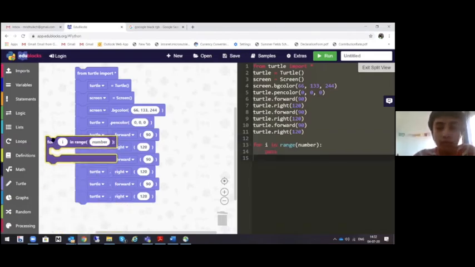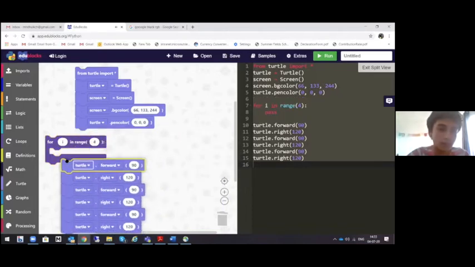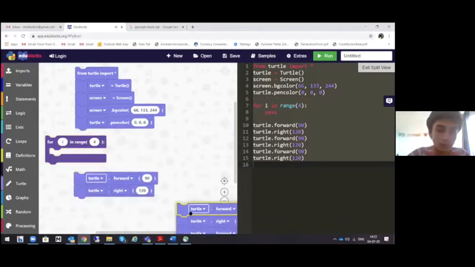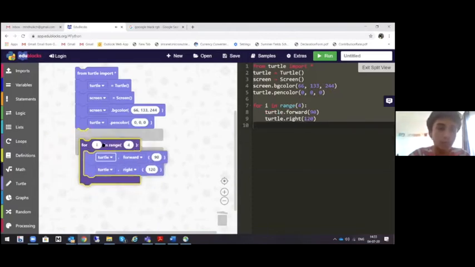Whatever you put inside this, that will happen that many times. 4 times. So if you put this, it will happen 4 times. Put what you want inside that. Very good.